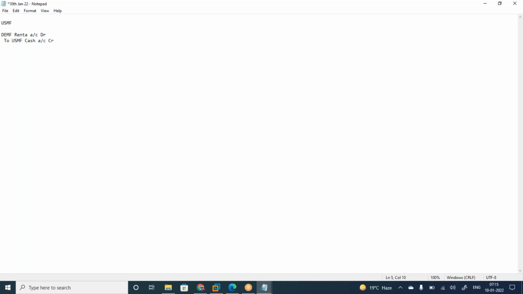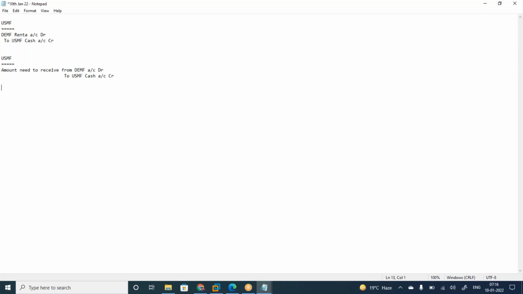Okay, so what did the system post? This is the transaction you have posted, you have entered. Now what did the system do internally because of the setup? This is amount need to receive from DMF. This was posted, one transaction.